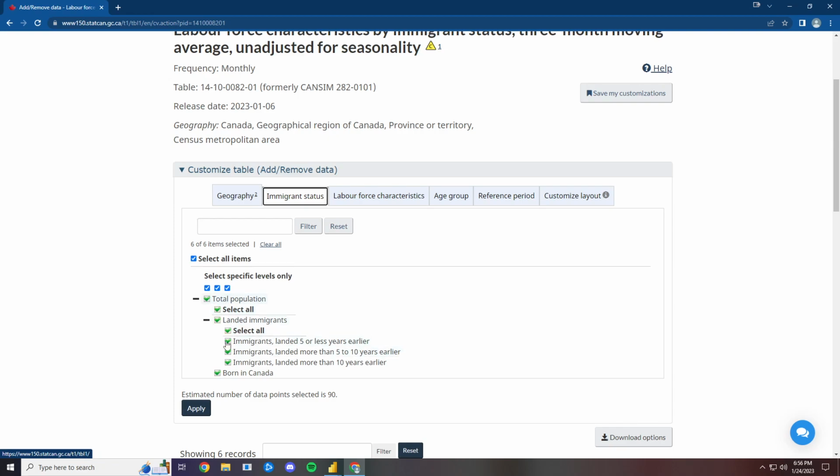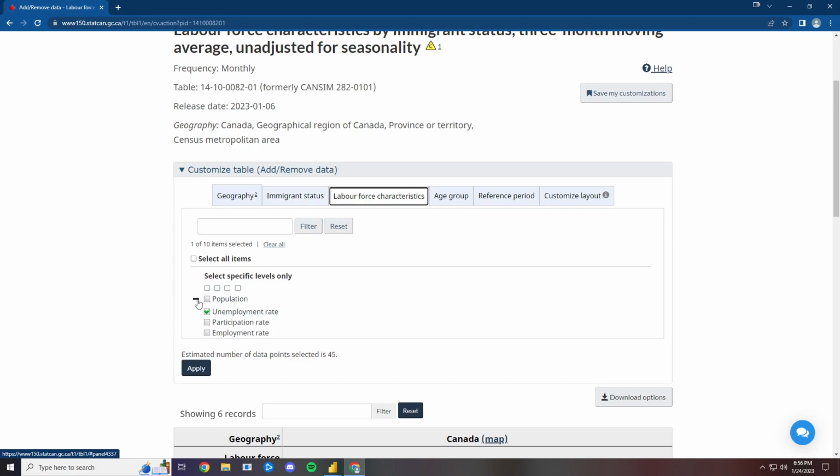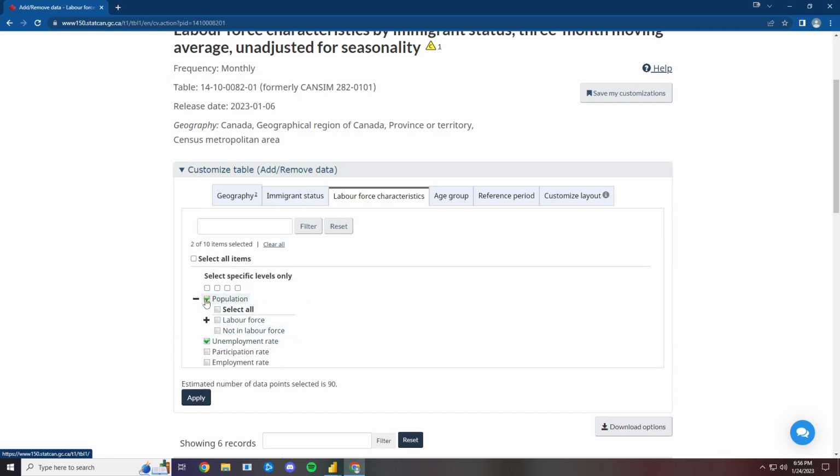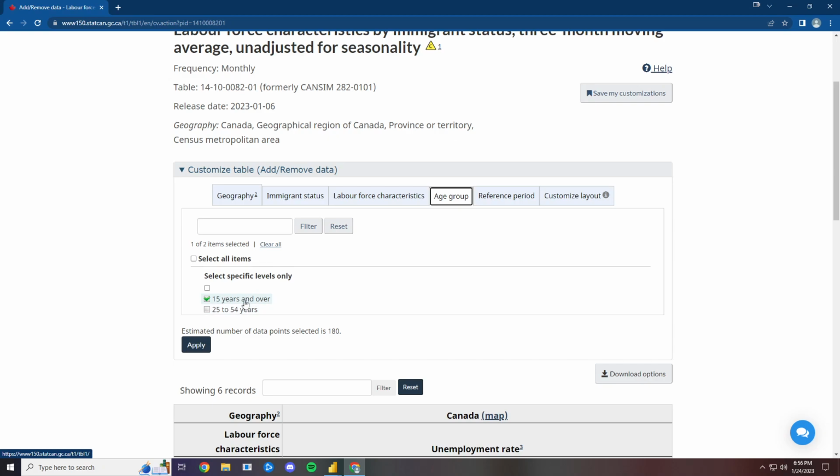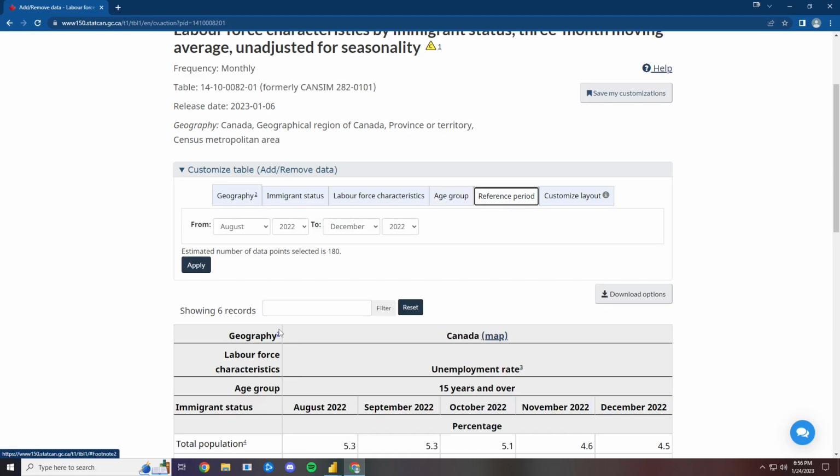Maybe we may or may not want all of this detail, so we can remove it to keep the data smaller. And then within this segment, maybe we want the whole population, maybe we want all those things, and maybe we again don't need to go to the level of detail here. Age group, I think we just stick with here, and then let's just take a look at the last 2 years. So once you apply that,